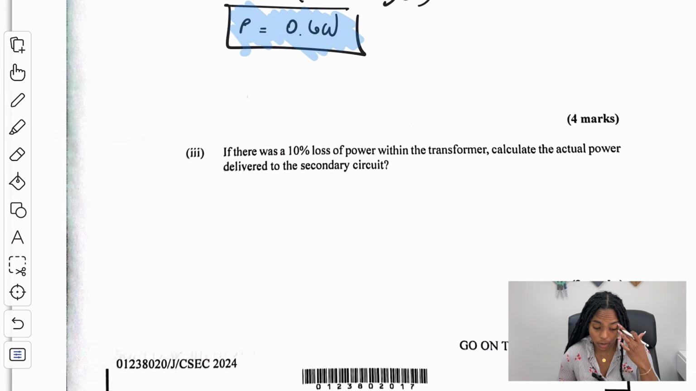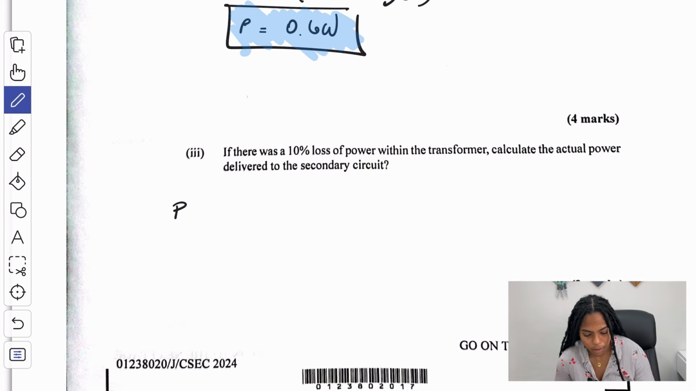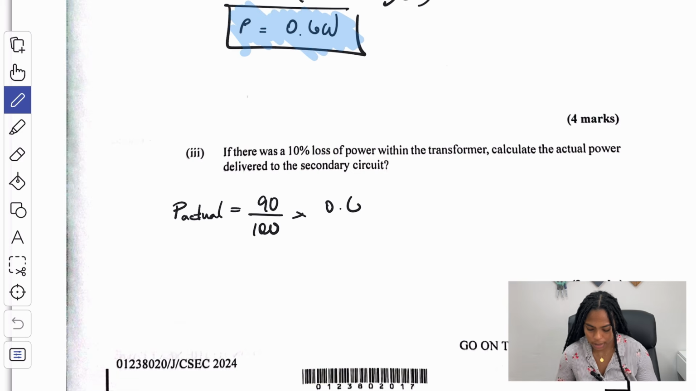Then they're saying if there was a 10% loss of power within the transformer, calculate the actual power delivered to the secondary circuit. So if you want, you could say, let me find 10% of that 0.6 watts and then subtract it. But I'll think of it as if we're losing 10%, it means the only amount that we're actually using for useful output is 90%, which is the remainder after that 10% loss. So I'm going to say, well, what is 90% of 0.6? So that will tell me how much was actually used. So the actual power is equal to 90% of 0.6, which gives me